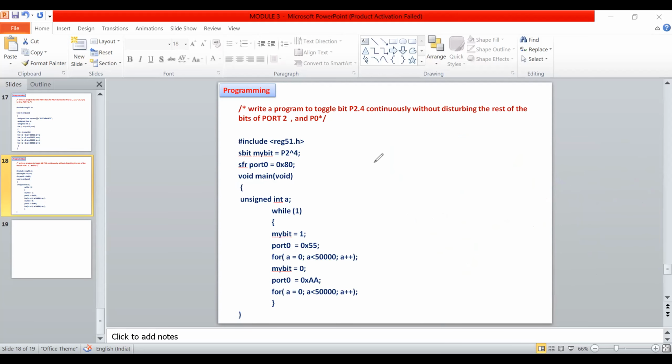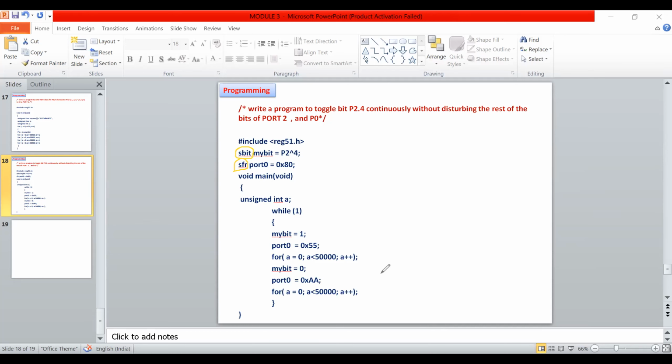See, what we are going to do here is very important. We are going to use sbit and SFR. Okay. These are predefined directives in embedded C, particularly for 8051. I have already explained what sbit and SFR are. Once again, I'll repeat: SFR is to access complete 8-bit data, and sbit is to access only single bit data, a single bit operation.